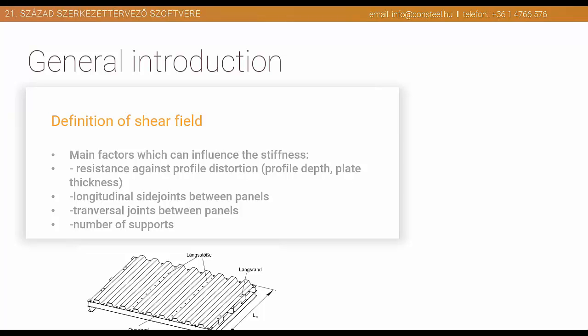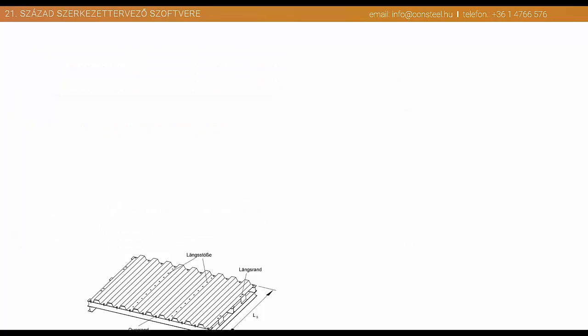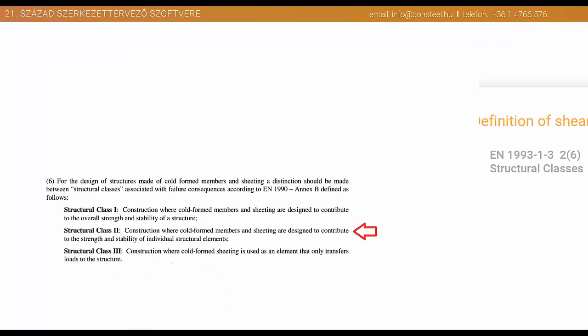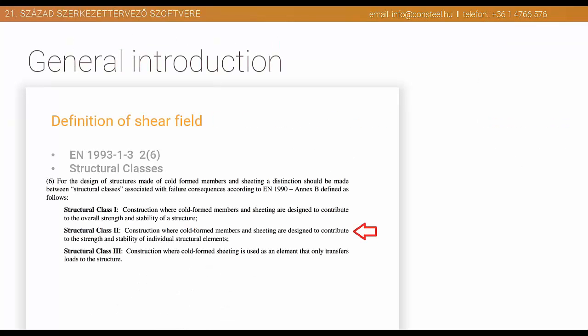So how many such intermediate supports exist? This also has an influence on the strength of the sheeting. So the work is to calculate the S value and then use it for design. But before we continue, it's very important to understand that we are now contributing design parameter to an element which